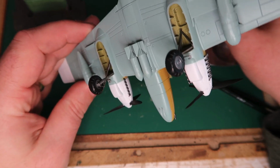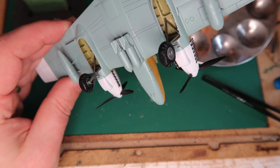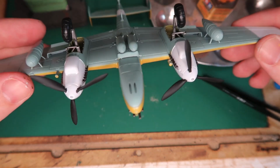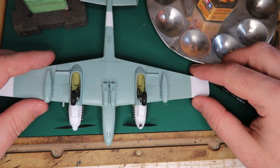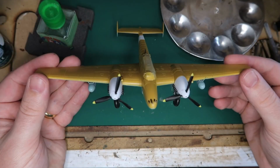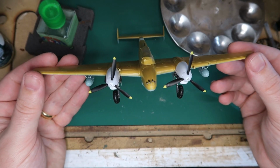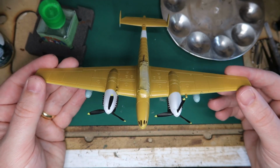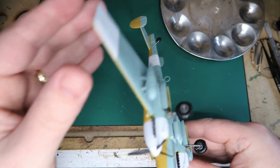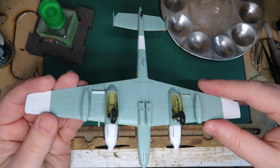A lot of small pieces on this landing gear, and the fit was better than a $15 kit, but it wasn't phenomenal. It didn't fall together, but we got it painted up. We got the ends of the wings painted, and really, really nice use of